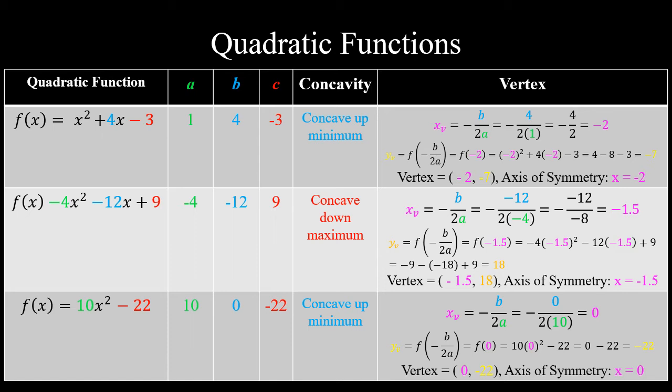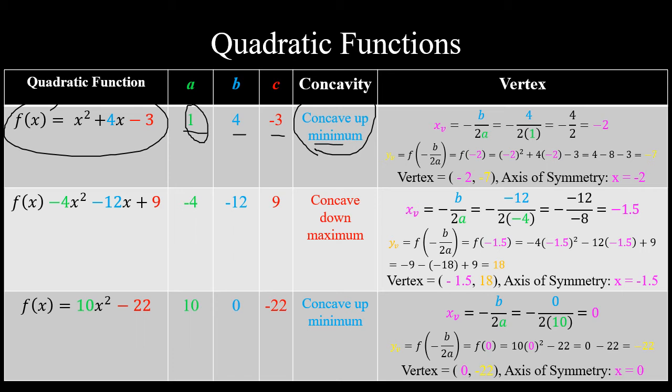You can pause it. You can look. I put 3 different quadratic functions here, and I wrote in the information for you what the A equals, what the B equals, what the C equals, what the concavity is, if it's concave up and we have a minimum, or if it's concave down and we have a maximum, how to find the vertex and the axis of symmetry. So if you are still not comfortable with any of those pieces, I would pause right here, start at the first function, okay, and just see, where did this 1 come from? Where did this 4 come from? Where did this -3 come from? Oh, wait, right. This must be concave up because our 1 is positive, our A is positive,